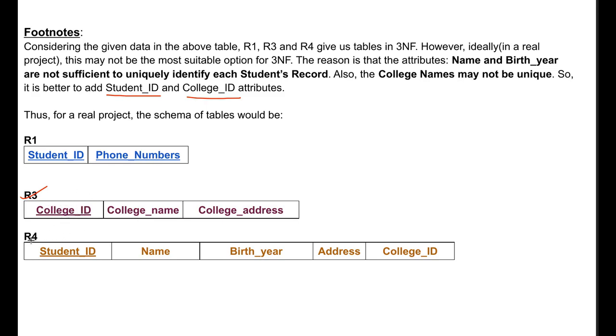And for R4, we don't need to make these two the primary keys after we add student ID; student ID, name, birth year, address and college ID would be sufficient. In this one I do not need to fill all the data, only writing the schema part should do.